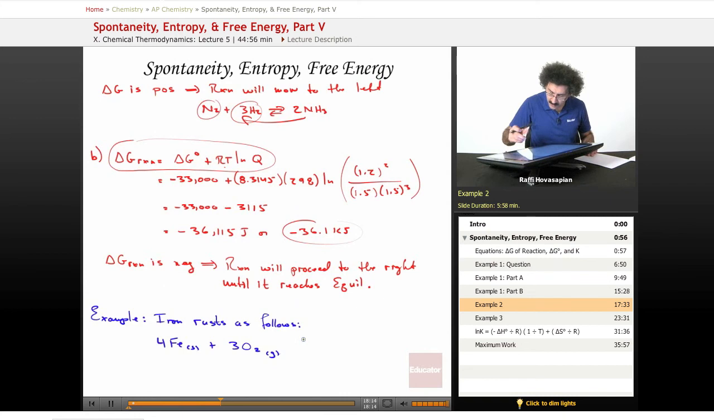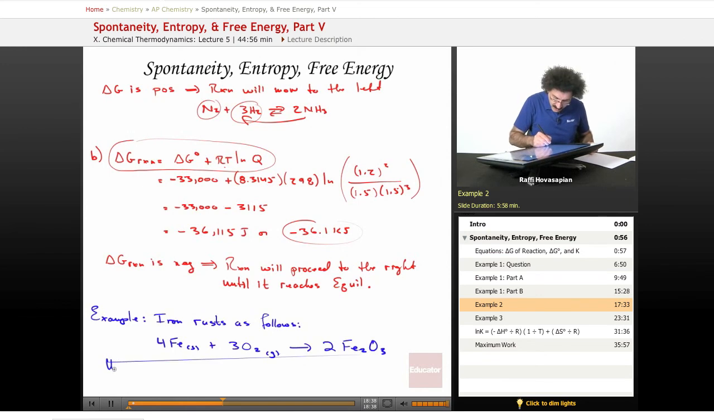form 2 molecules of Fe2O3. Well, Fe2O3 is not really a molecule per se. It's an ionic compound, so it's sort of an extended crystal, if you will, 2 Fe2O3. Now,